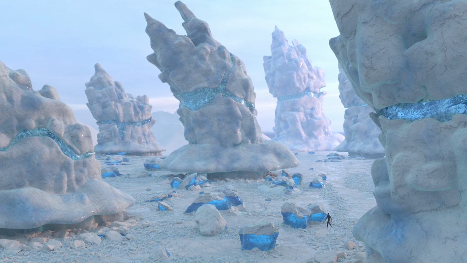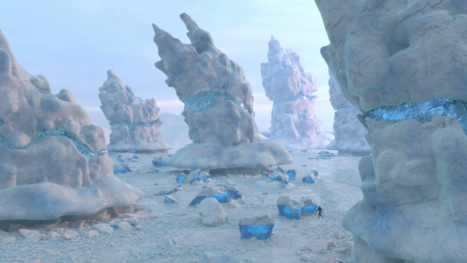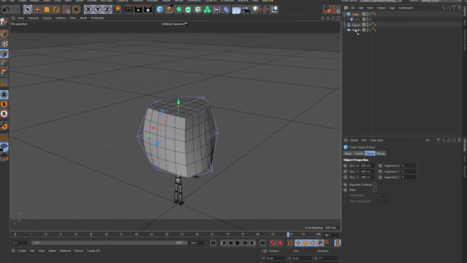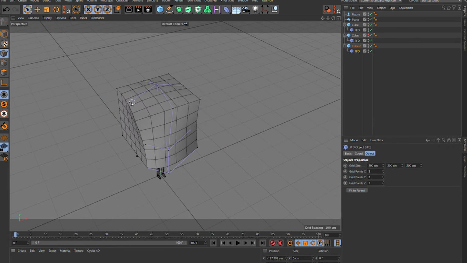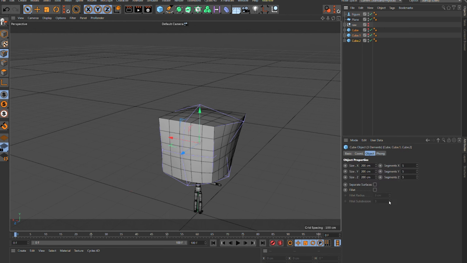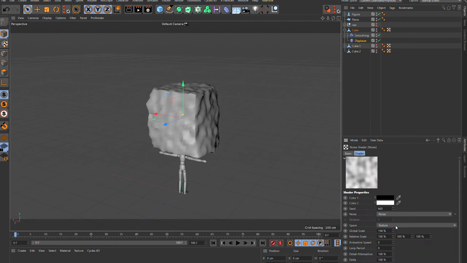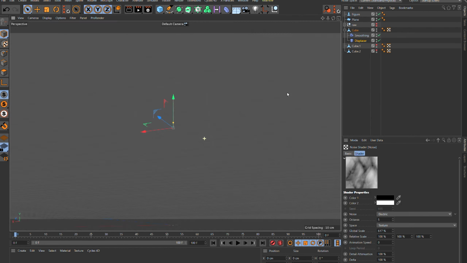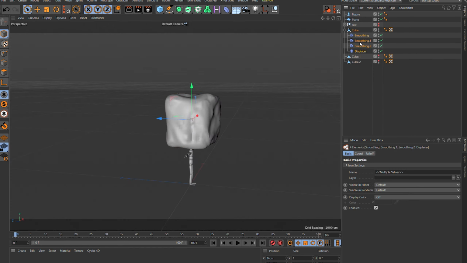And last but not least, we have the Arctic spire, so I'm going to show you how I made the actual structure. So we start off with a few basic cubes here with an FFD deformer to give it some variation. Adding some displacement, always a good thing, helps break up the uniformity.